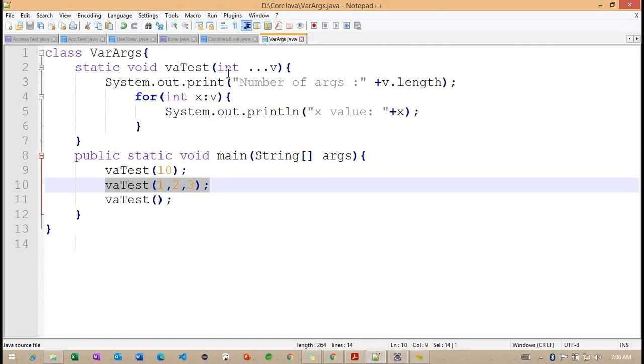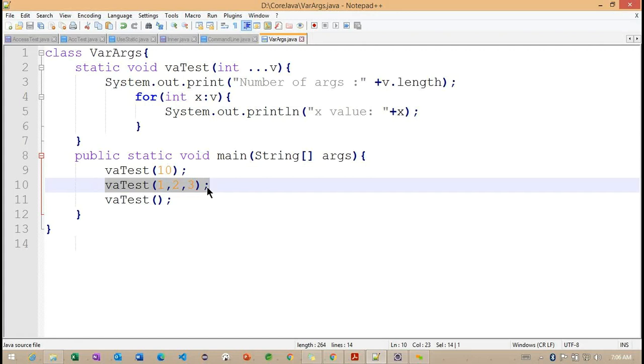We're trying to repeat the loop for the second time. For the second time also, when we are calling this var method here, internally the values are going to be stored inside the array type only. But here we are not defining it explicitly. Getting the point? Internally it is going to take care of the conversion. If you observe carefully, this method looks like a normal method.